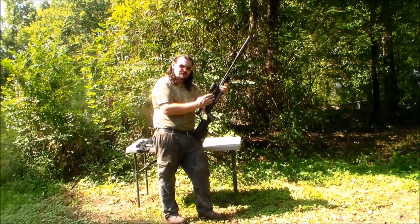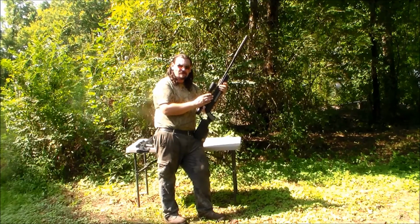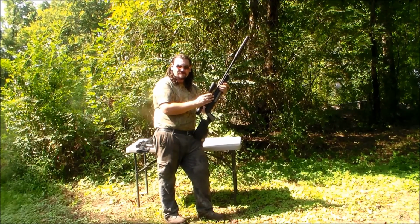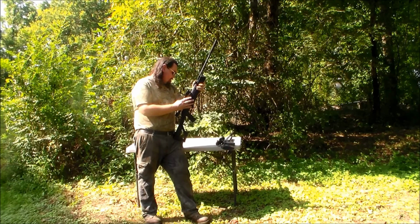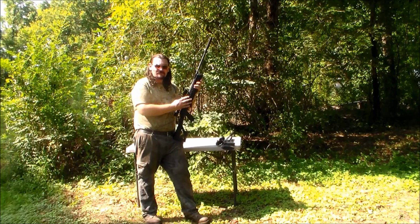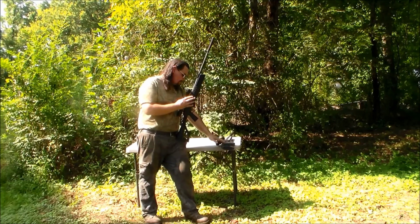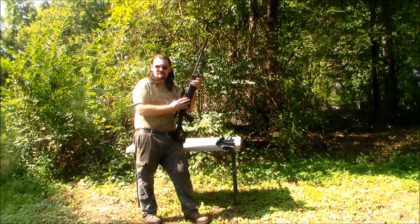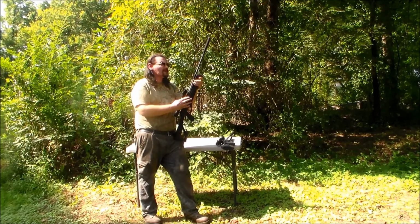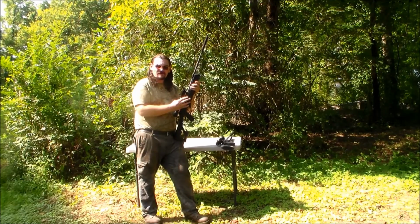The groups that it was throwing out and the accuracy that it was showing, I'm going to take and try it with another scope, and I'm going to have another video on pellet guns coming up later. The Crosman Stealth model, great accuracy, great range between the two. I believe I'd have to pick this one out as the best of the two right now. But like I say, I'm going to take and put another scope on this one and retry it, and I'll show you what happens in a later video on it. But right now, for overall usage, accuracy, I'm going to have to go with the Stealth on my honest review